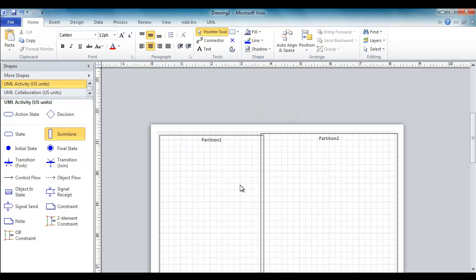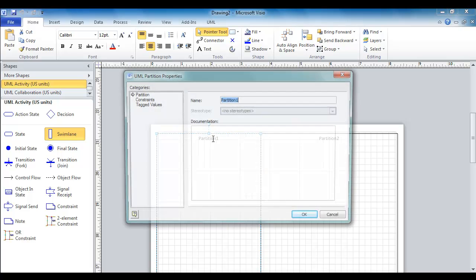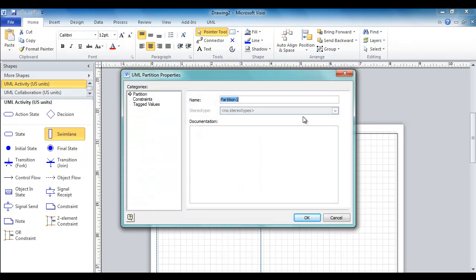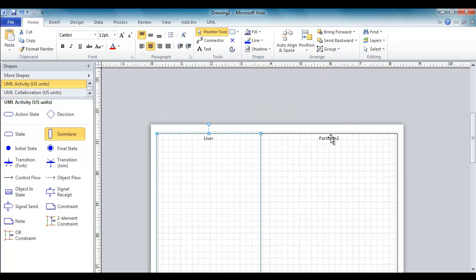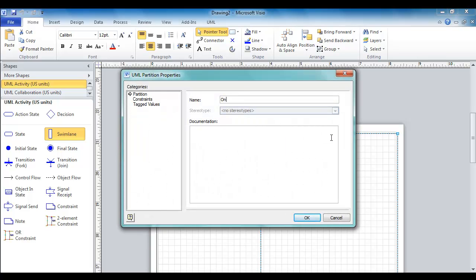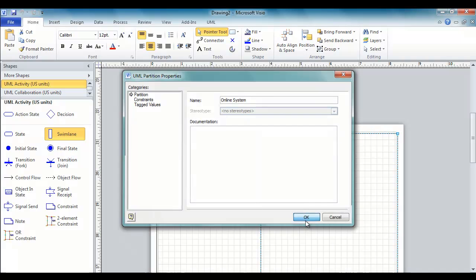One will stand for the user, and the other will stand for the online system. That being done,